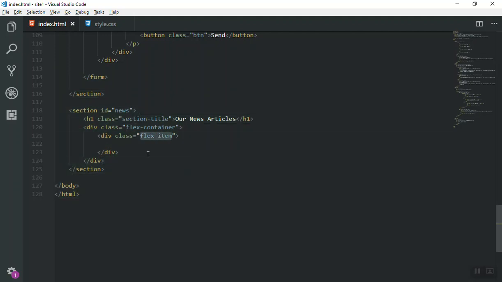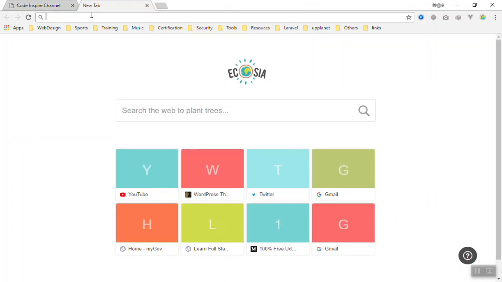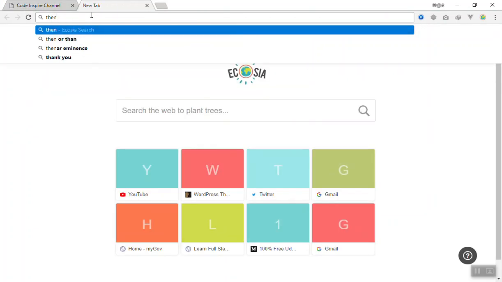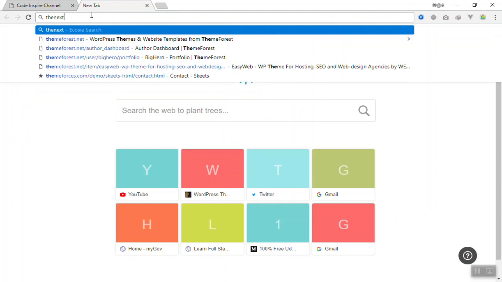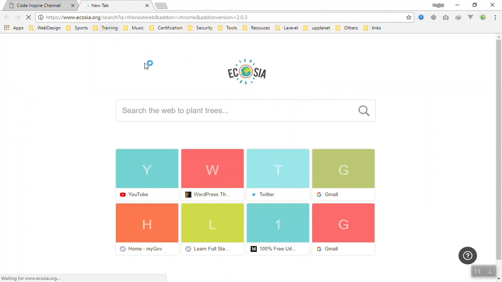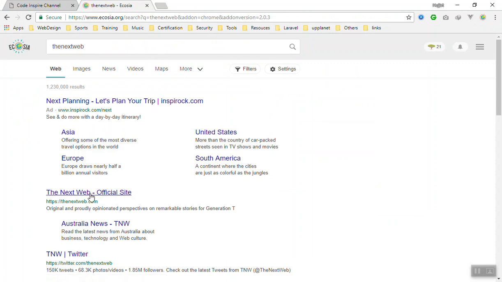We use the item, and then it has a title. You can write anything here, but for now it's just fine. It has an image and a paragraph, so the image should appear here, and then it must have a paragraph that displays here. So I will go to the next web for the article. I will go here,